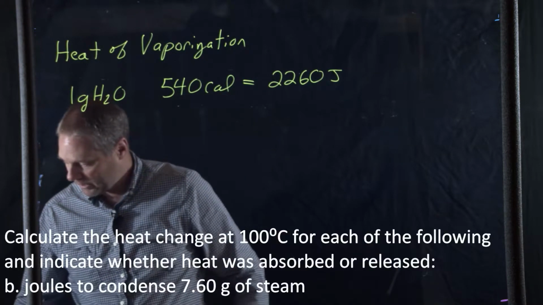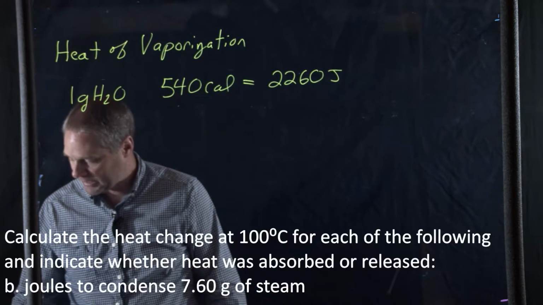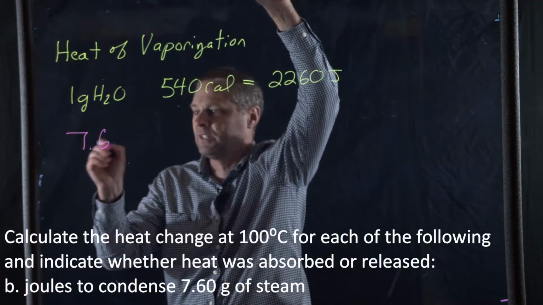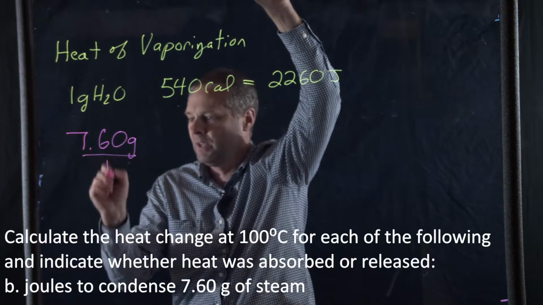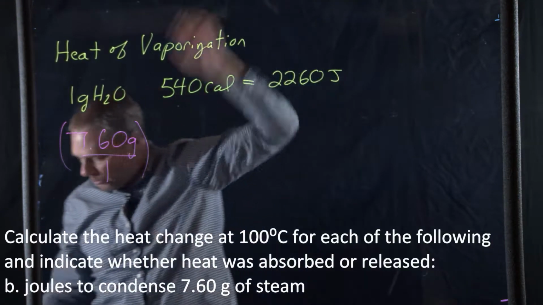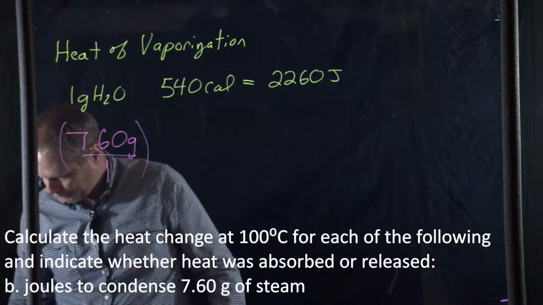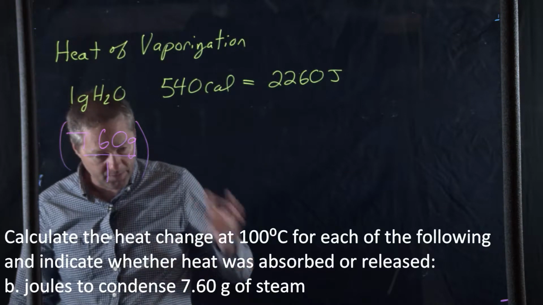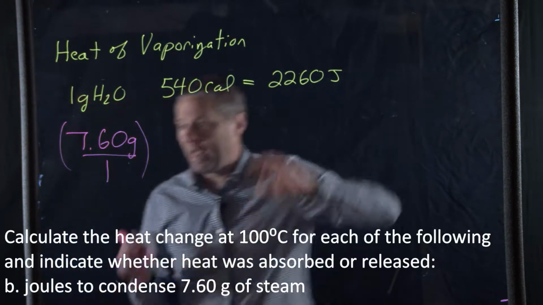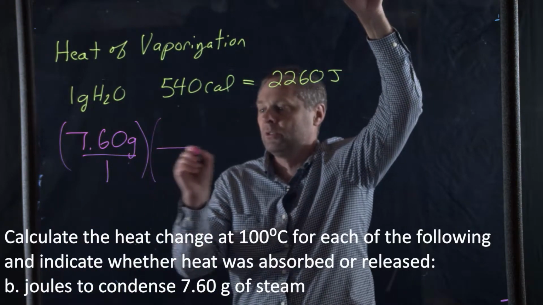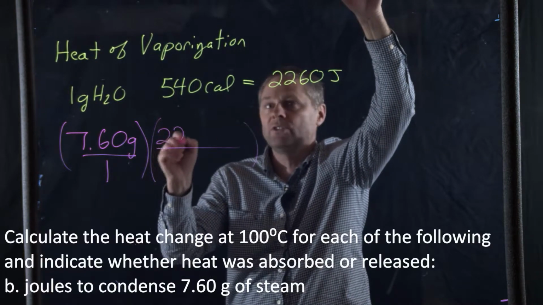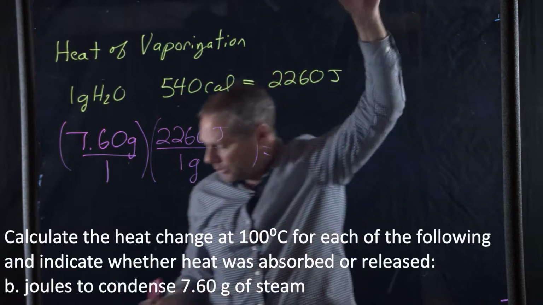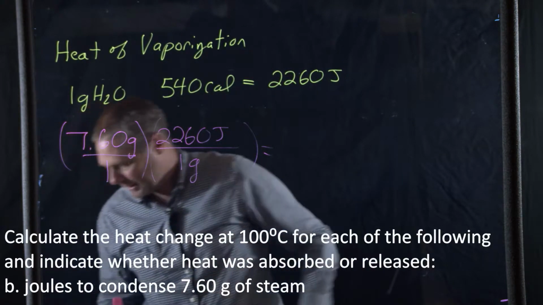So here we're going to be calculating the joules to condense 7.60 grams of steam. We have 7.60 grams of steam that's given to us. Once again, we're looking at joules, and this is going to be condensing once again, so it's going to go from a vapor to a liquid. And since we're dealing with joules, this is going to be 2,260 joules in 1 gram. So we go through and do the arithmetic for this. This becomes